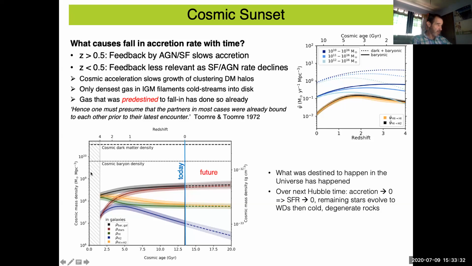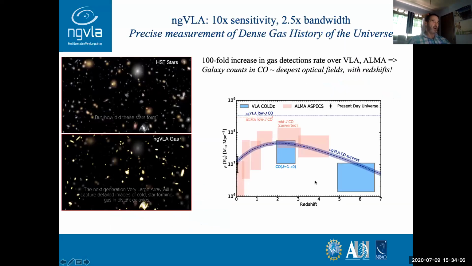So I show here on the lower left a plot of the cosmic mass density, but now versus cosmic time. And the idea is that the accretion rates slowly drop towards 0. The stellar mass in the universe saturates, and one could conclude that what was destined to happen in the universe has already happened. And then as the future moves on, the stars will slowly cool and turn into degenerate rocks, and the sun will set in the west. So on that cheery note,